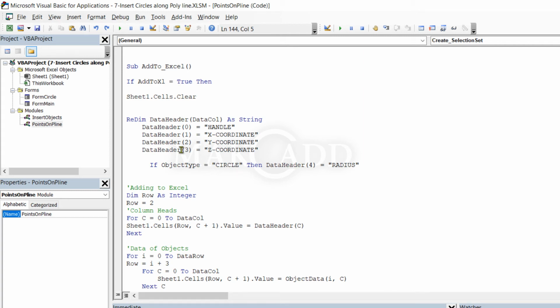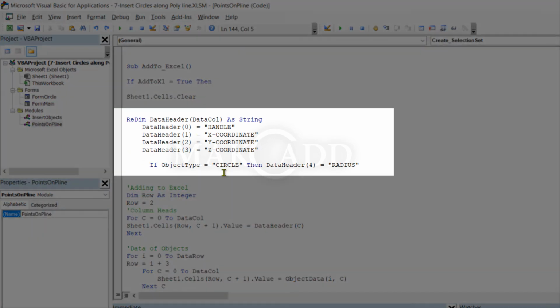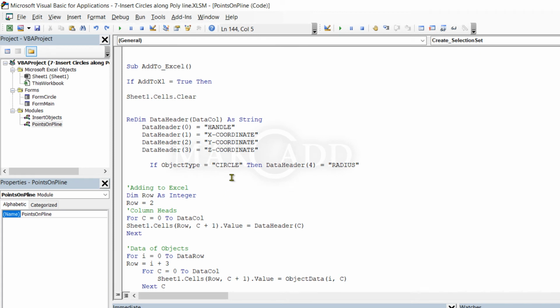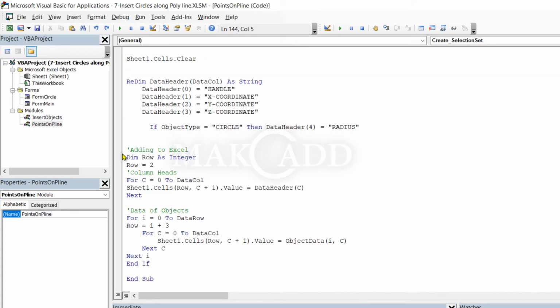We will clear the sheet cells, then add the headers, and if it is circle, then we will add the fourth column, radius. Then we will insert the object values to Excel.